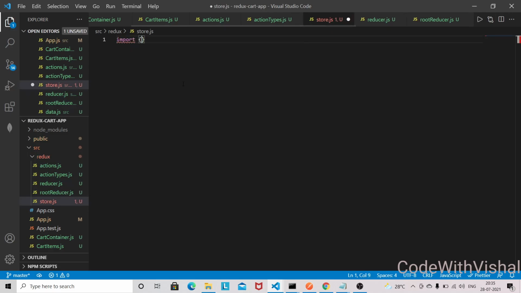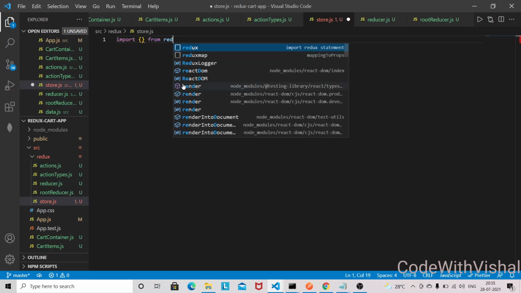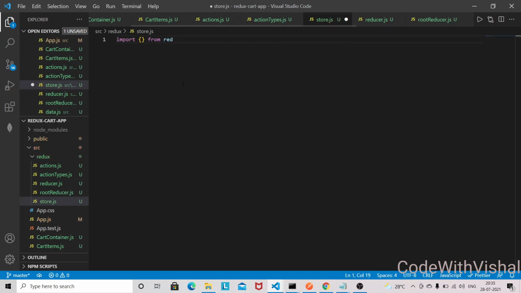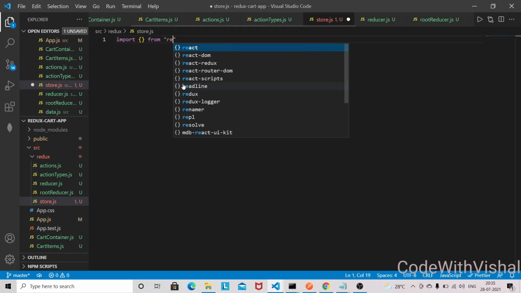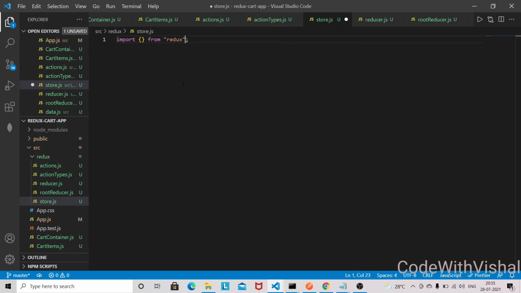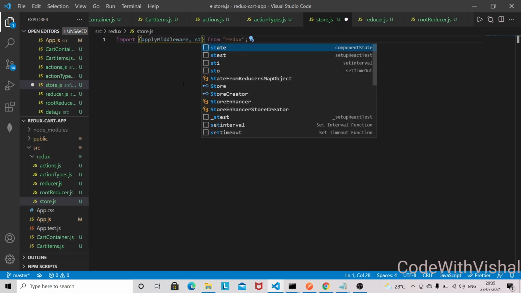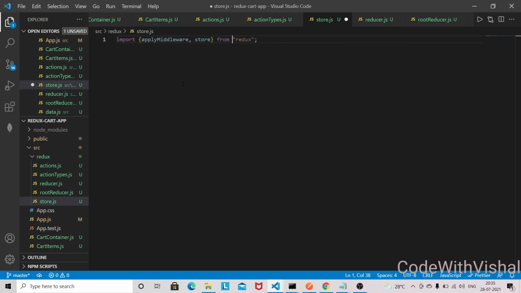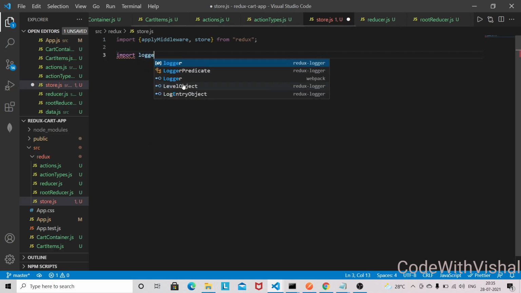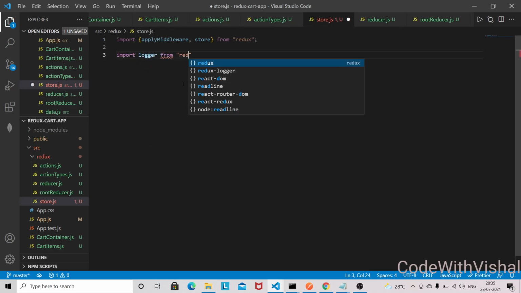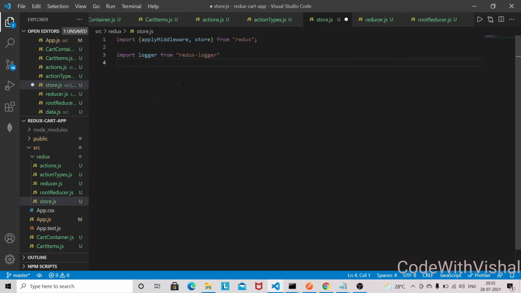And in store we need something from Redux. From Redux we need applyMiddleware and createStore, and we also need logger here from redux-logger, and we'll have one middleware only here, that is logger only.